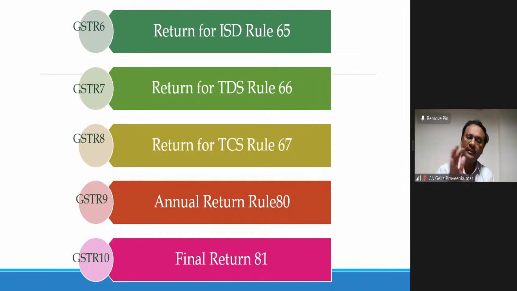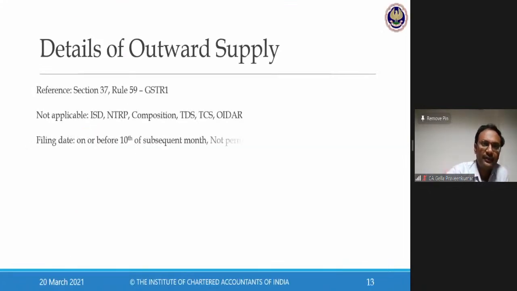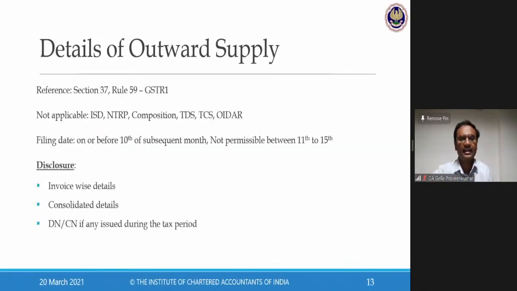annual return. The institute material has not discussed at length your GSTR 9. They have brought in a very simple aspect: what is the annual return, who has to file the annual return, and what are the threshold limit and late fee involved. Just that portion they have touched upon in your exam, your syllabus. Then finally, we have the final return. When my registration is surrendered, what is the final return I have to file under my GST law? So first return, GSTR 1 under section 37.